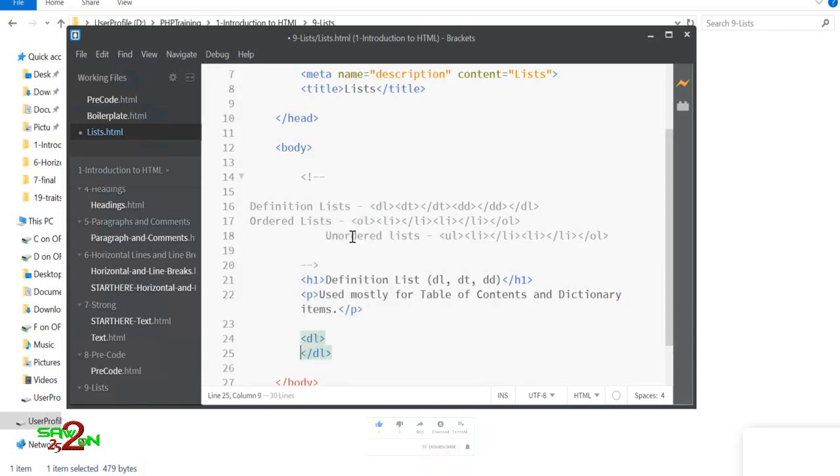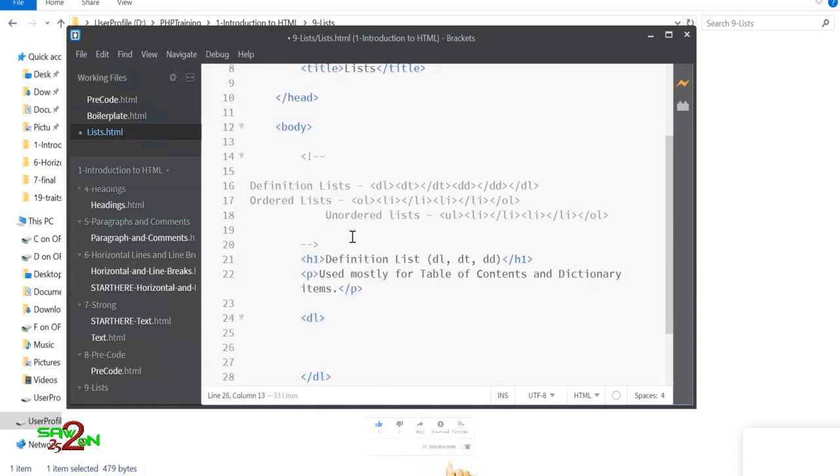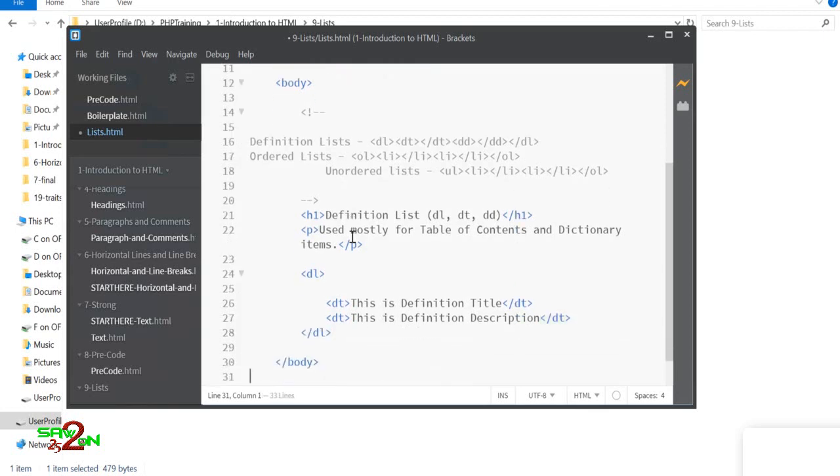You start with DL, then you have DT, you can call this the definition title, then this is the definition description. Okay, and then you end your DL, and after that you can add a real-time example of how it can be used.